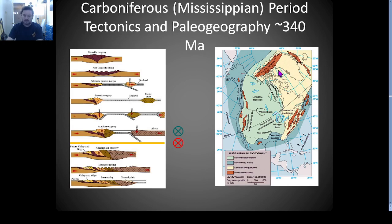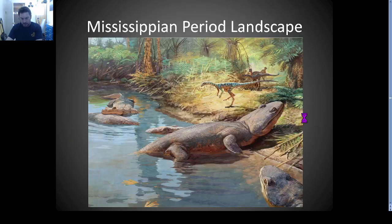And when you have massive amounts of erosion on mountains, you take a lot of carbon out of the air. And when you take carbon out of the air, it reduces the greenhouse effect, and in effect, you actually cool the climate. And that is what occurs in the Carboniferous. The Carboniferous climate begins to cool, and we actually get glaciation on the southern continents. All right. Anyway, Mississippian period landscape,